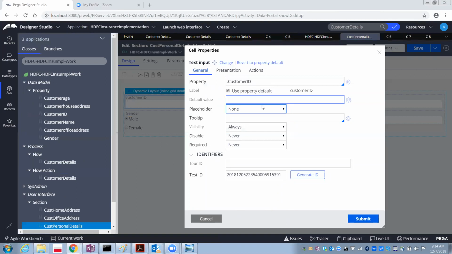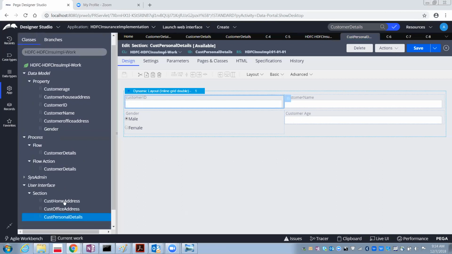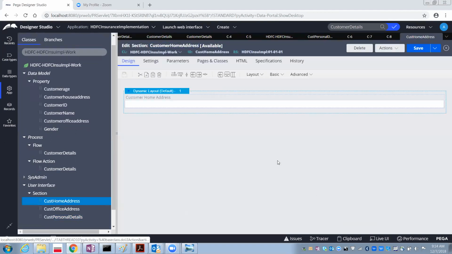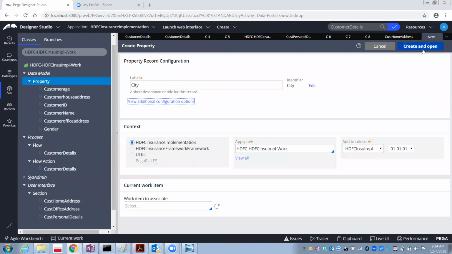For example, for city, here we don't have customer city. In the home address, what do we have? Customer address is there. Let's create one more property, city.